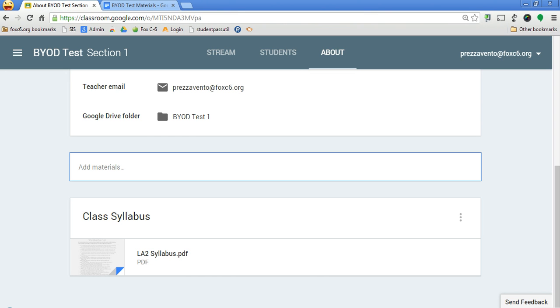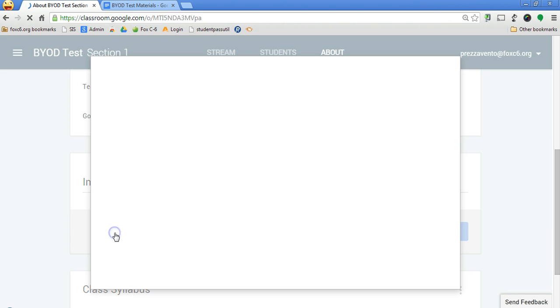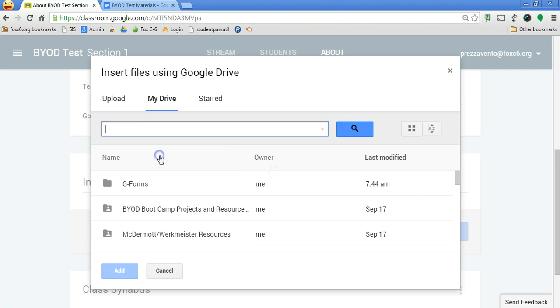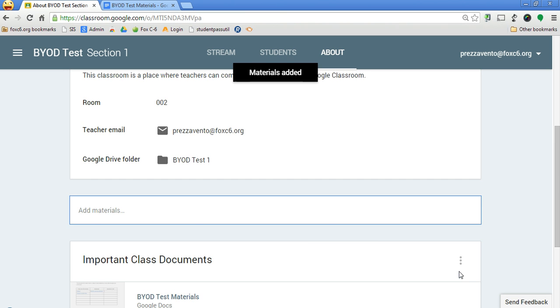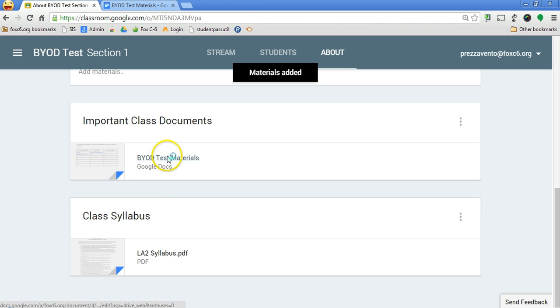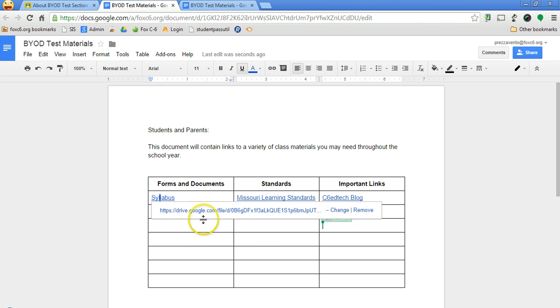So now as I go back to my classroom, I'm going to come here and add materials. And I will say important class documents. And then I'm going to add a file from Google Drive. And the file was called BYOD test materials right here. And you'll notice that once I click post, students can click on this link to view a document with all of these other important documents linked to it,